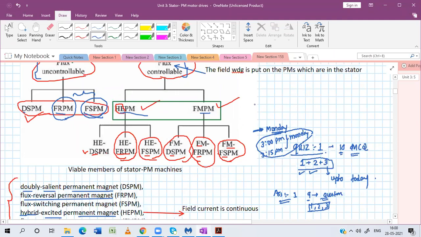So these two things I have to announce. One is the quiz on Monday, and there is one assignment, assignment one, to be floated by tomorrow. Tomorrow you will see the assignment open in your Canvas. You can see the questions, write your answers, and upload. Thank you all of you.